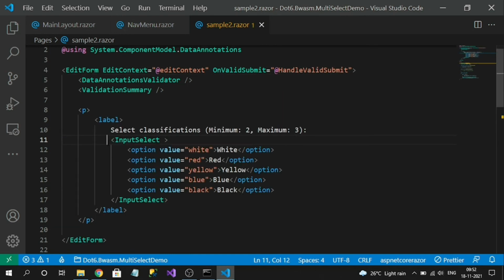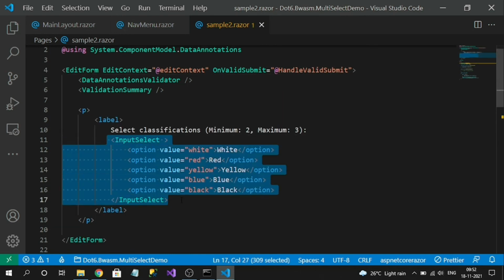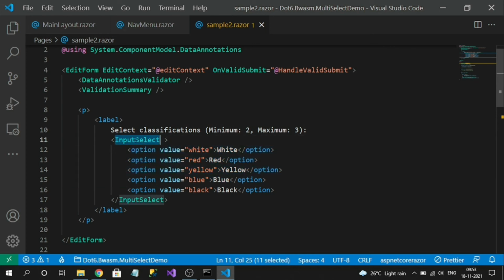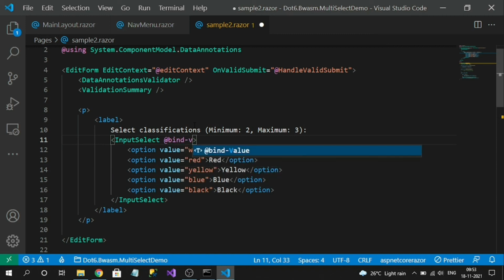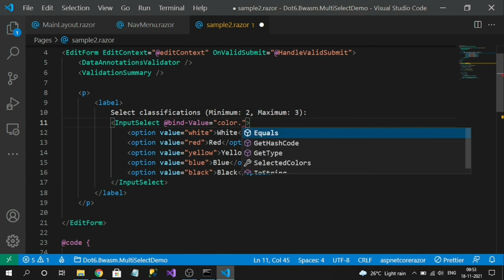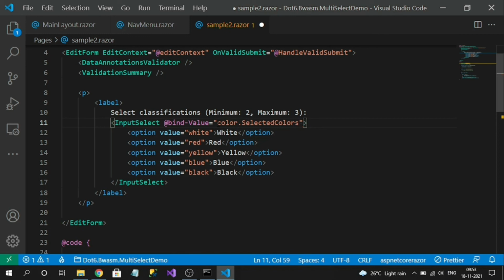If you observe, here we have added the input select. Nothing is different, just the normal HTML options wrapped inside the input select. But this is a Blazor component, so we have to bind the form property. To do that, value equal to Color.Selectors.